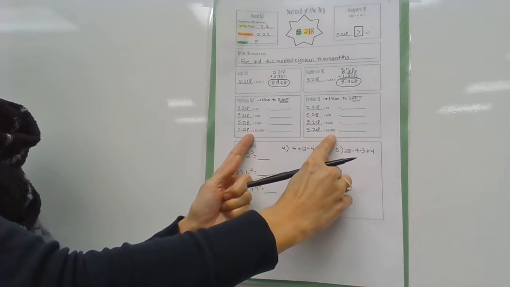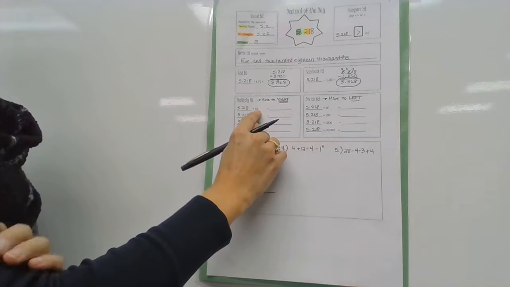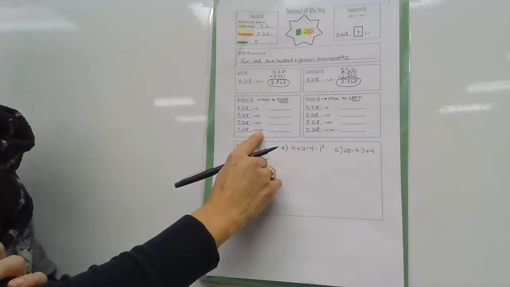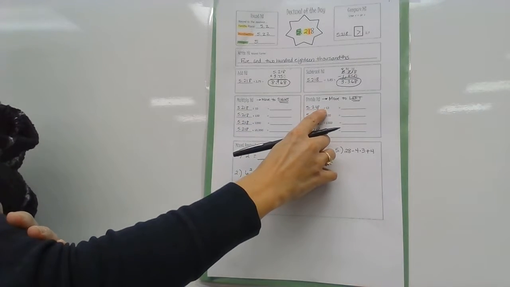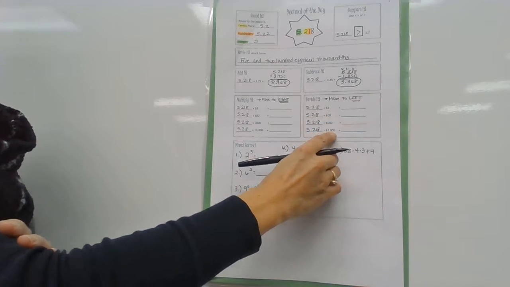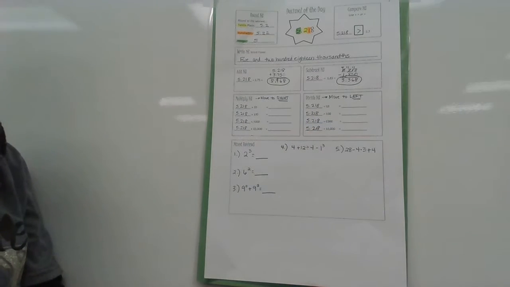All right, I know we have not done the notes for multiplying or dividing yet, but we are going to be multiplying and dividing by some special numbers. We're going to multiply by 10, 100, 1,000, and 10,000, and then we will divide by 10, 100, 1,000, and 10,000. So what we're going to do first